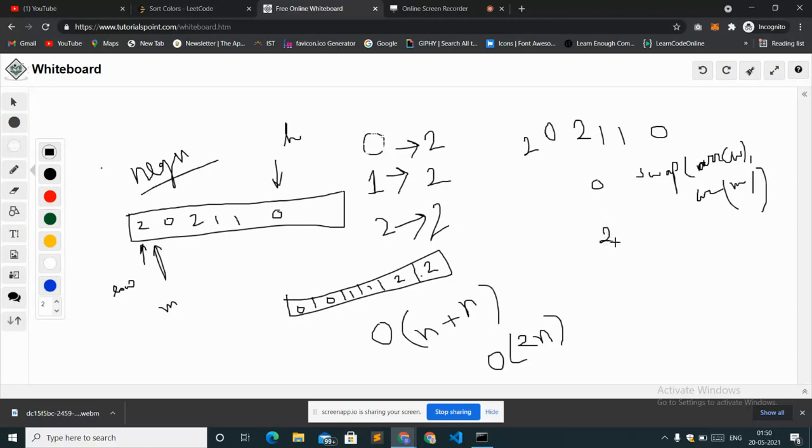If the number is 2, then swap the element which the high pointer is pointing to with the mid. Here also, after swapping for 0, you have to increase low and also mid.